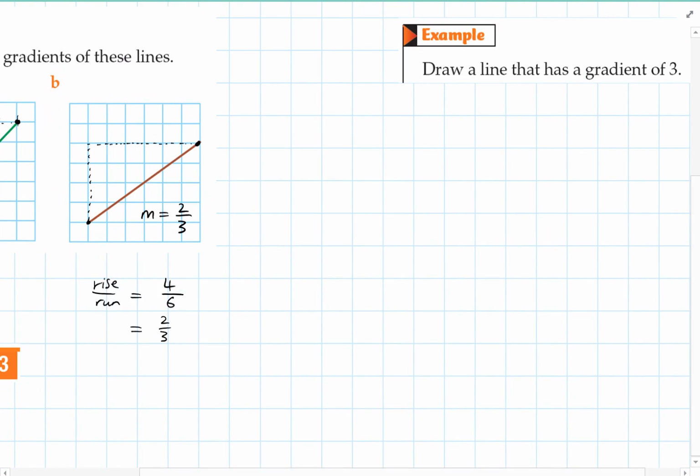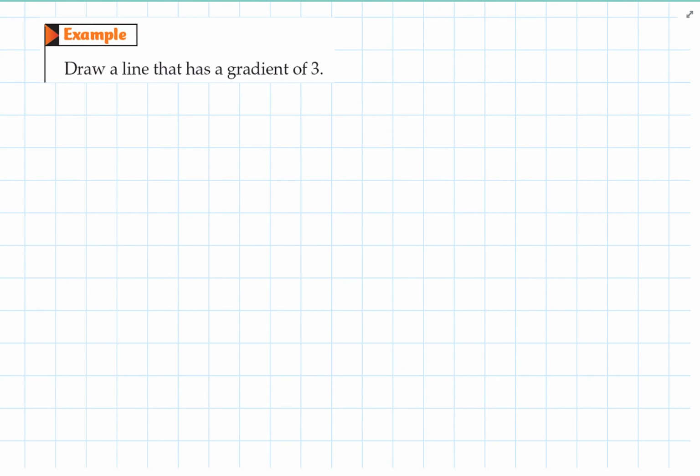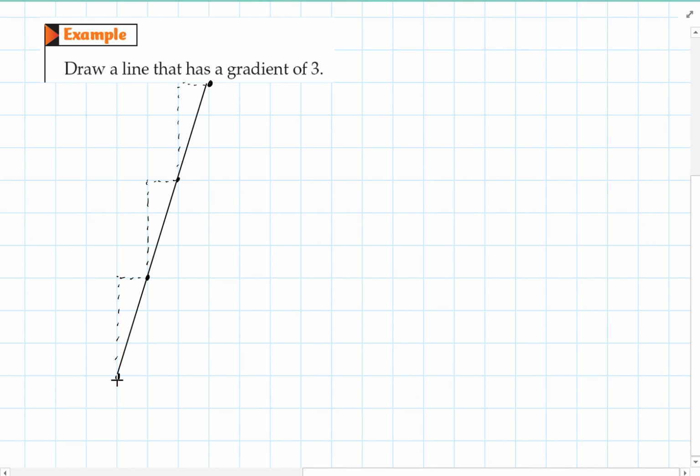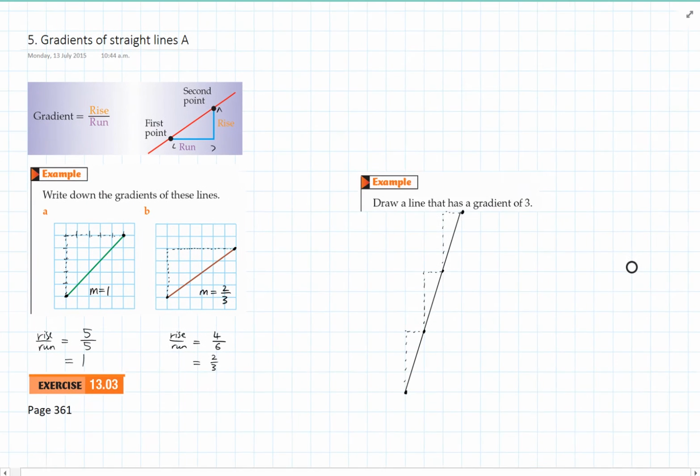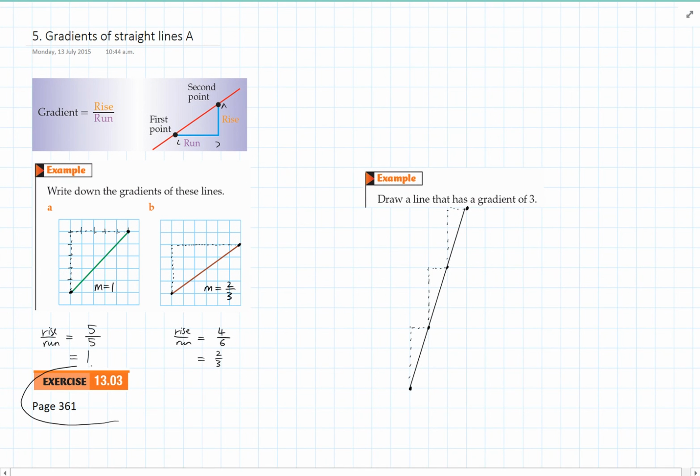Okay, we'll quickly go through our last example, and this is asking us to draw a line that has a gradient of 3. So for this we simply choose a point to start with, and we go up 3 and across 1, and there's the next point. And we can repeat that pattern again, up 3 across 1, up 3 across 1. Once we've got all of those, we use our ruler to rule those lines in, and there's our line with a gradient of 3. So gradient's pretty straightforward, just got to remember that rise over run,